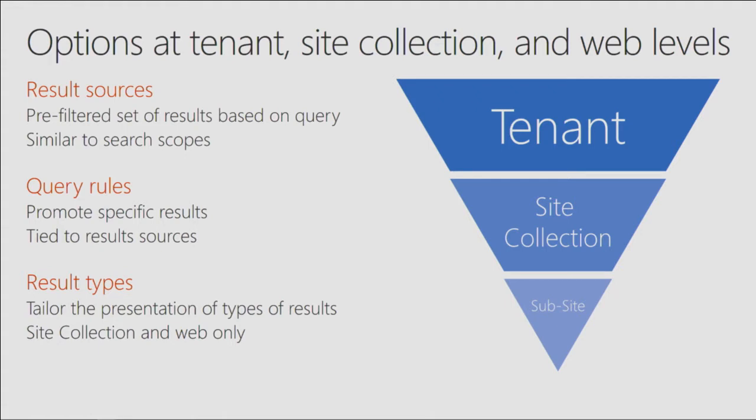The next thing that we can do is build query rules. Now, query rules are extremely important. I'm going to go into them just for a little bit here. A query rule allows you to promote a specific result, or results, based on a query. So let's say somebody types in policies and procedures, or policies. You could take that keyword and say, we know what document they're most likely going to want. You could promote it to the top and do something special so that people will be like, oh, that's what I'm looking for. Extremely powerful and really helpful, but